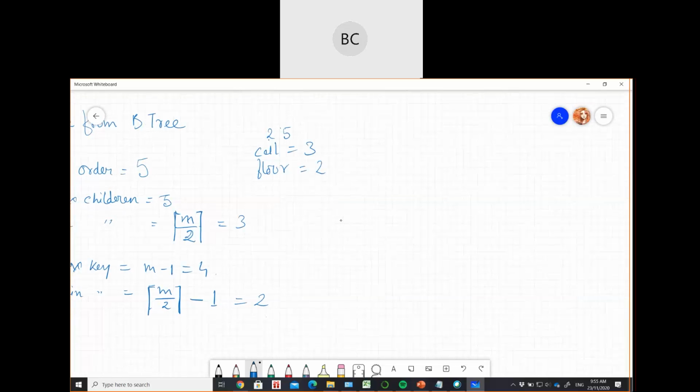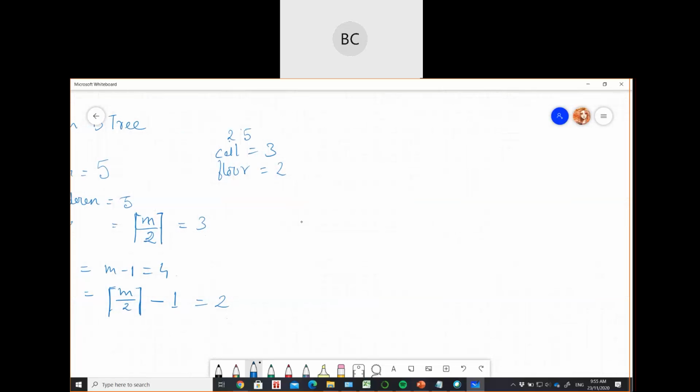For 5 it will be a bit bigger, so I'll just take order 3. Suppose this is order 3. I'm just drawing it. Order 3 means